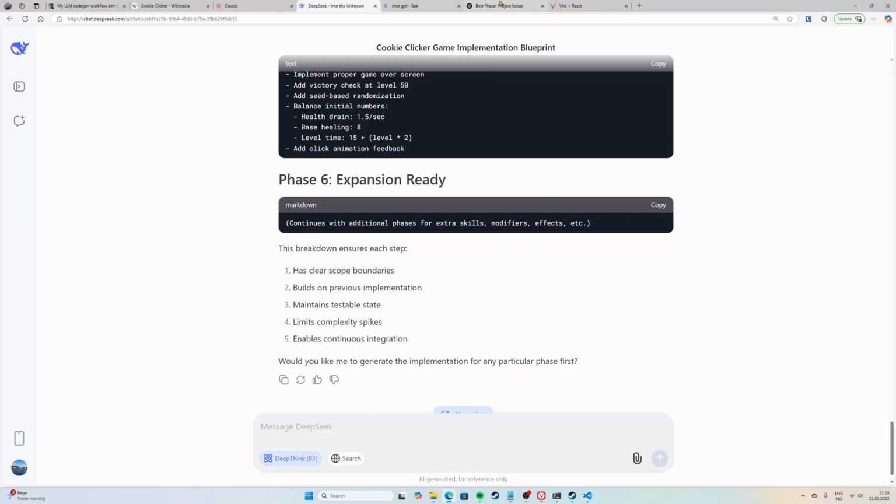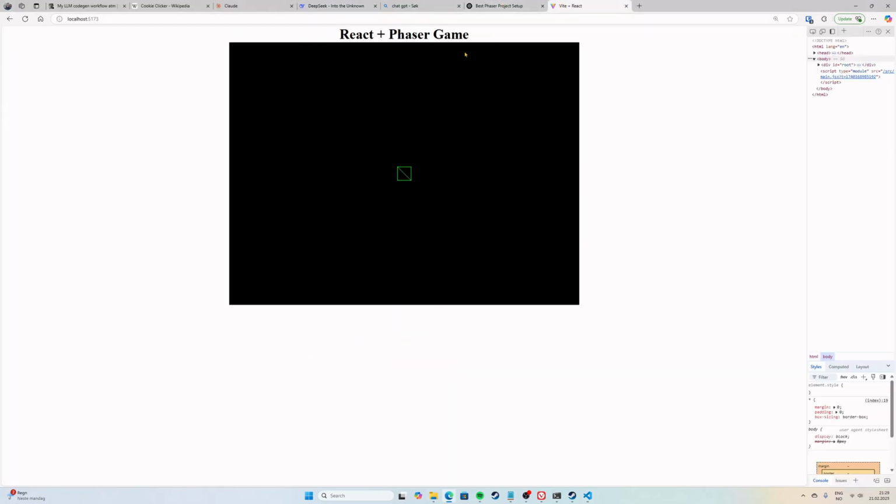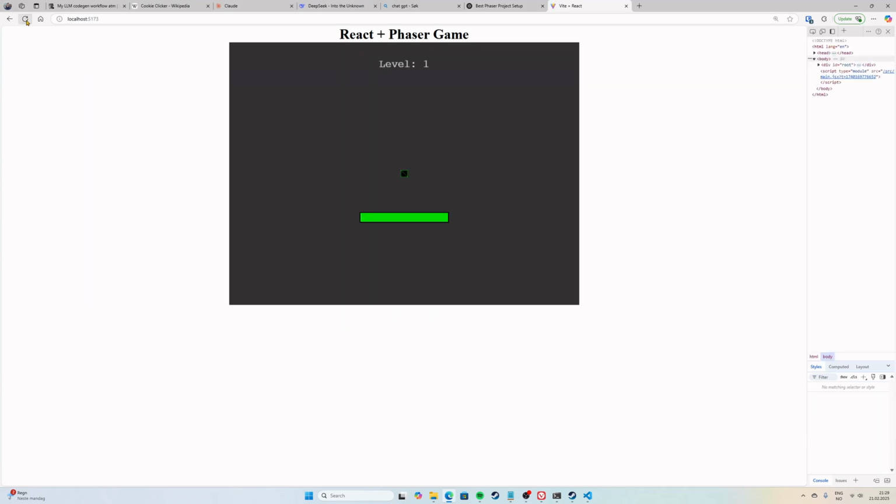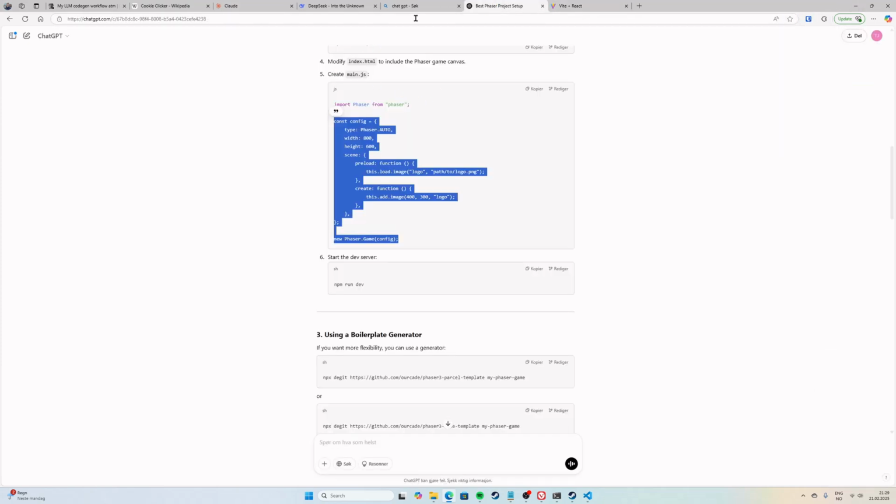Have a quick look in the browser. And if I refresh this, oh my god. We have level 1 rendered, and we have our health bar, and we have a placeholder image. Now